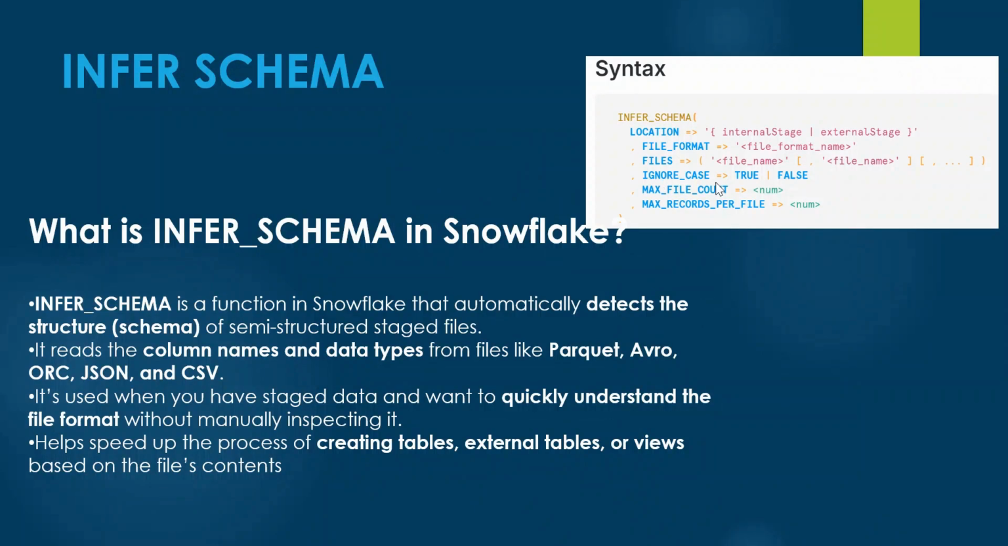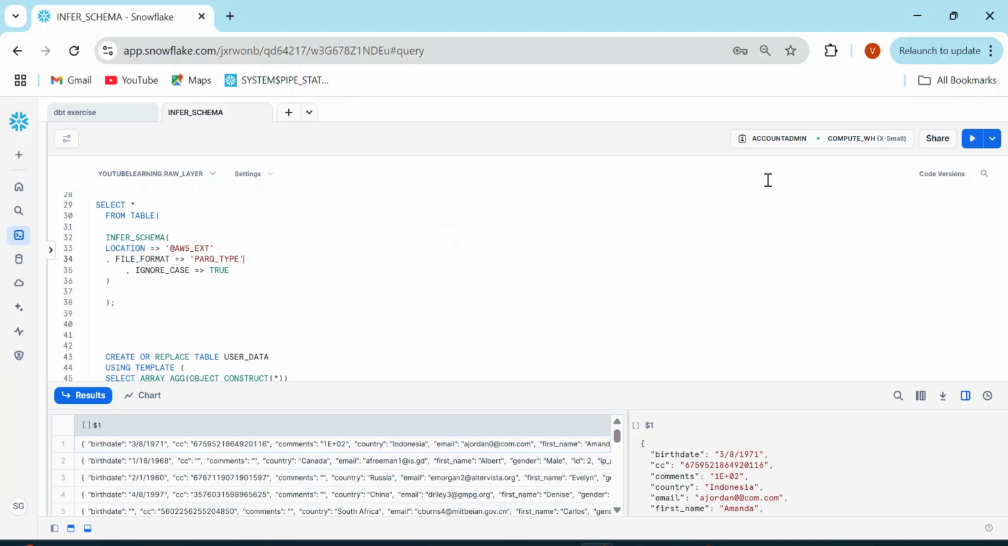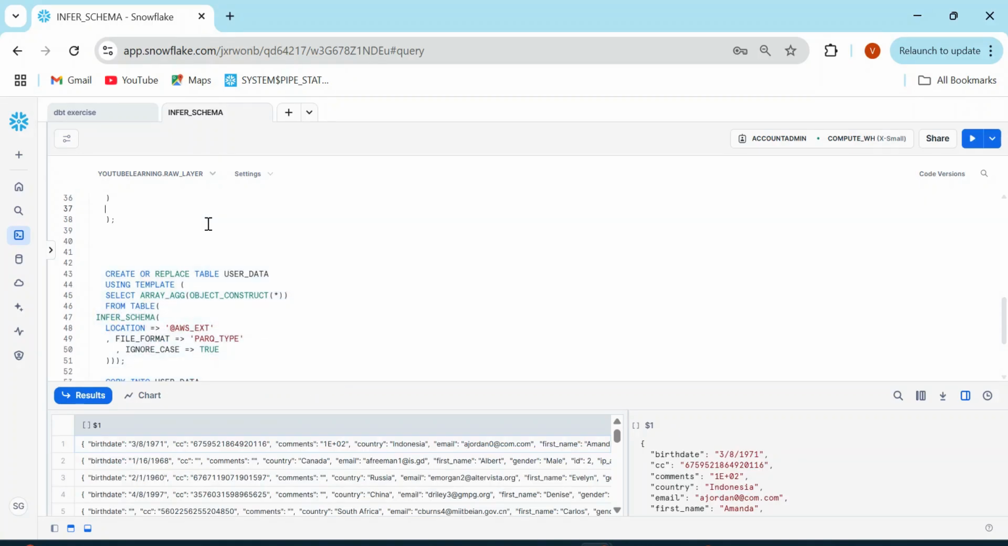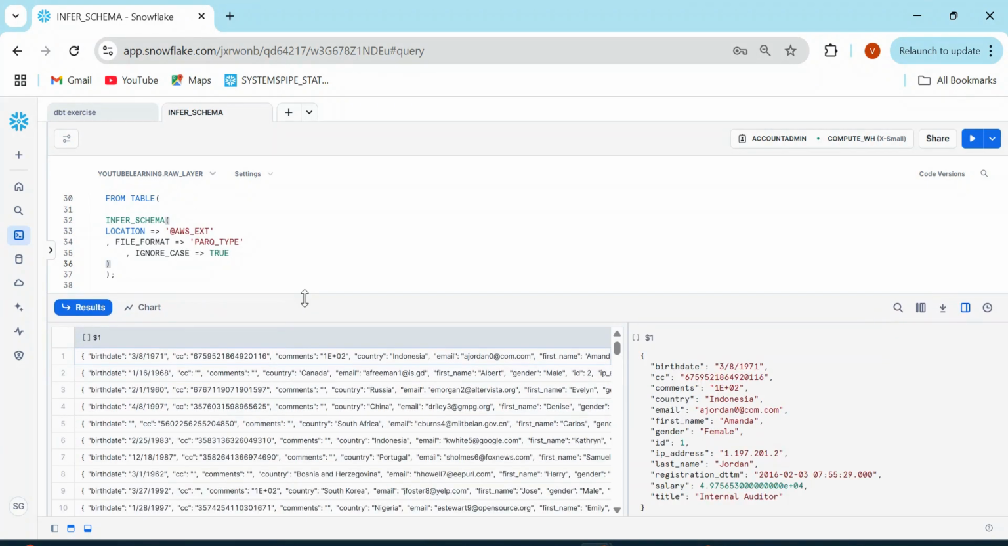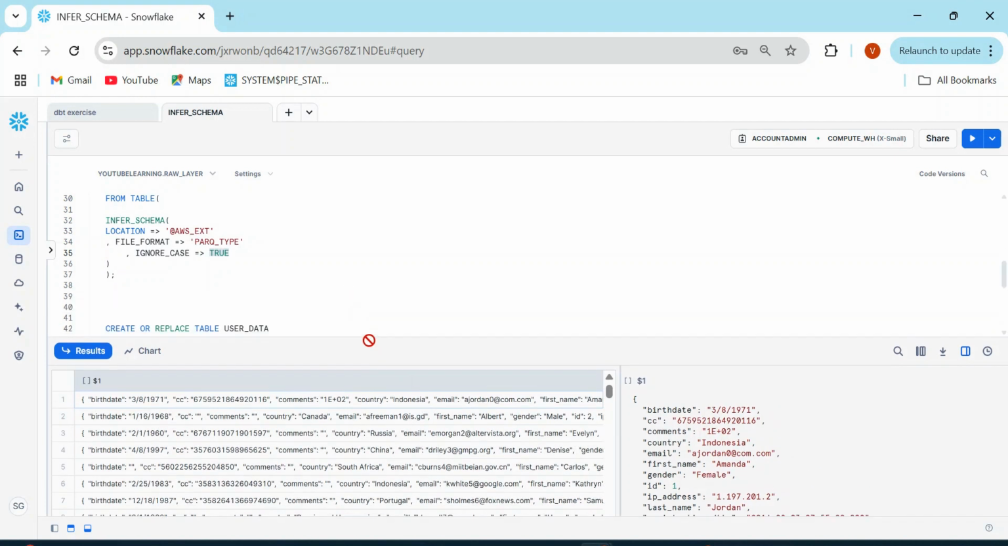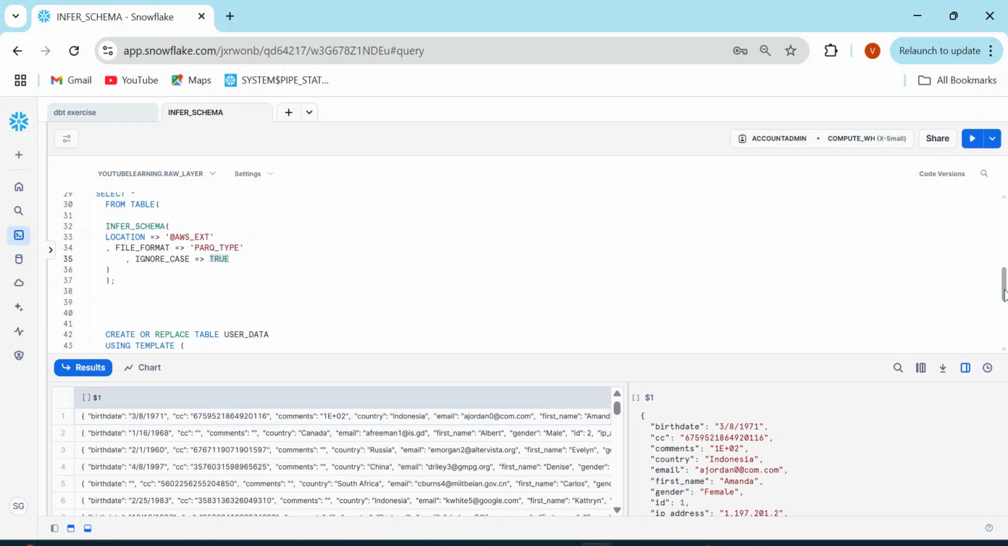Next we have ignore case, equal to true or false. If I give this true, that means all the columns in the output will be case insensitive. So once I'm going to use it as true, and another time I will run it with ignore case equal to false. Look at this: birth date, comments, every column is in small case, right? So if I'm going to run it,